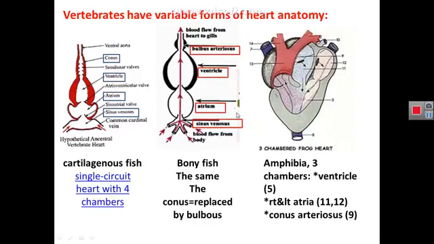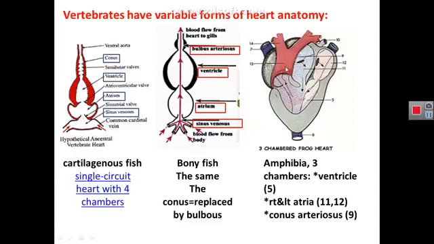In a more functionally developed heart, we have two atria instead of one as in the primitive heart. The primitive single circuit or tube-like heart contains one atrium, but a more developed heart contains two atria separated by a septum with a single ventricle, and therefore this heart contains three chambers, with two atria and one ventricle. Here also we can see number 13, which is the conus, but actually